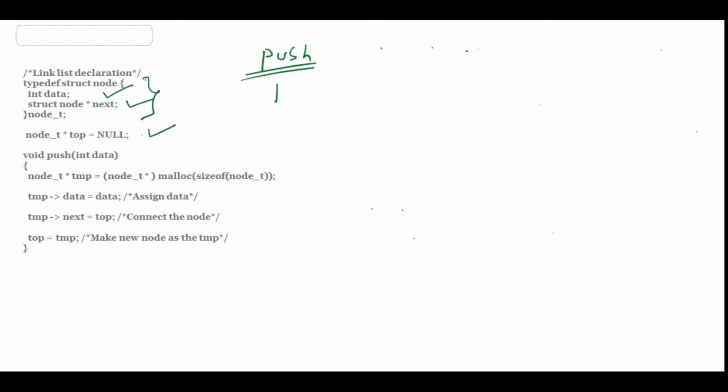Suppose we want to insert our first node and we call push of 1. When we call push of 1, data equals 1. Now in this function we are taking a temporary node and dynamically allocating the memory. Suppose this gives us a node